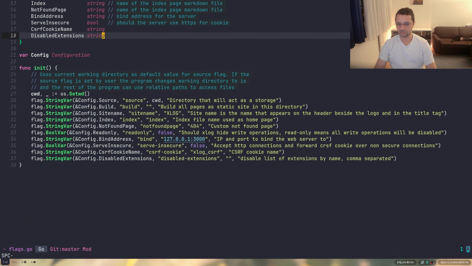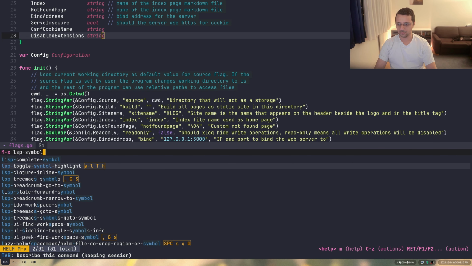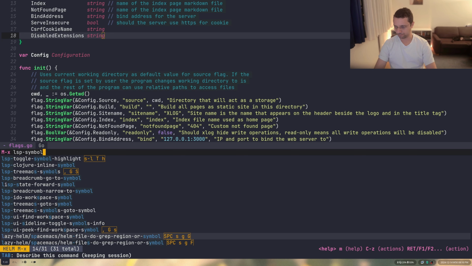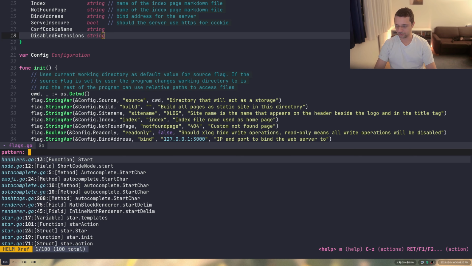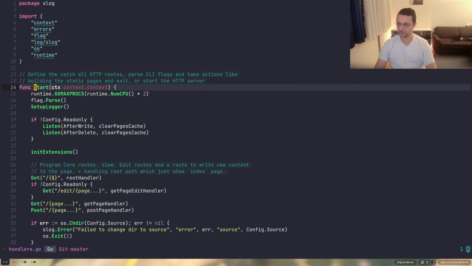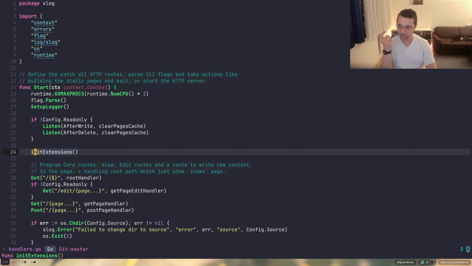Nope. Double symbol highlight. Find workspace symbol, maybe? Yep, find workspace symbol. So I can jump directly to this function, and now I need to initialize the extensions,